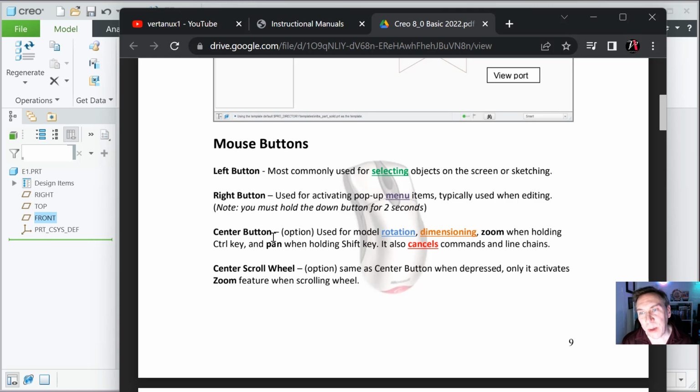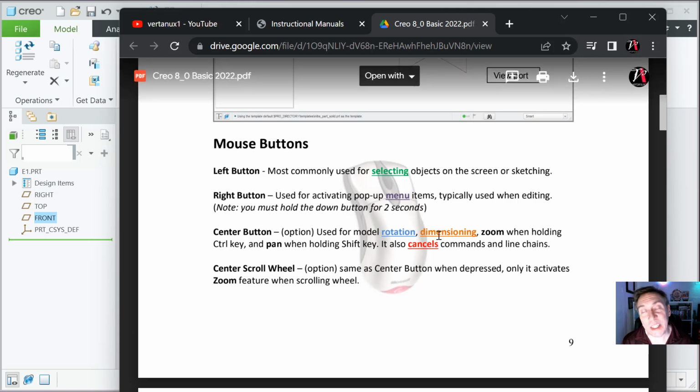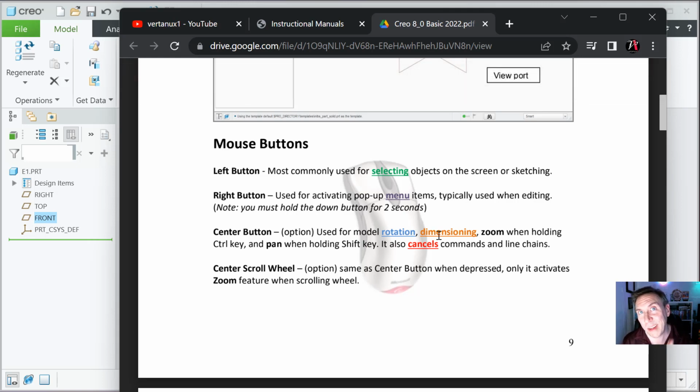The center button is optional, used for model rotation, which we're going to see in 3D in a minute. Dimensioning, zoom when holding the control key and pad. And dimensioning, remember that one. We're going to try and add a dimension, and all of a sudden it's like, wait, if you click on the left mouse button, which you've seen probably on other systems, those of you who are veterans of other CAD